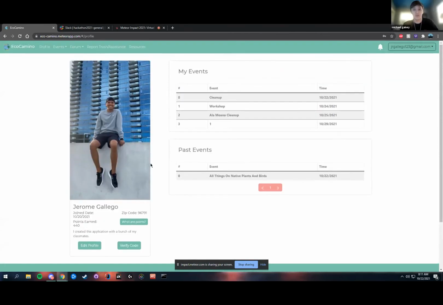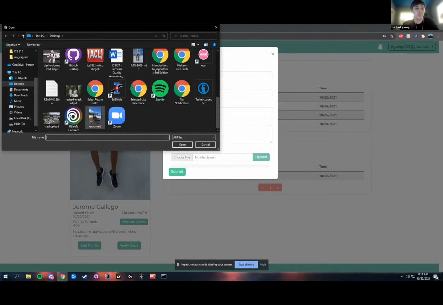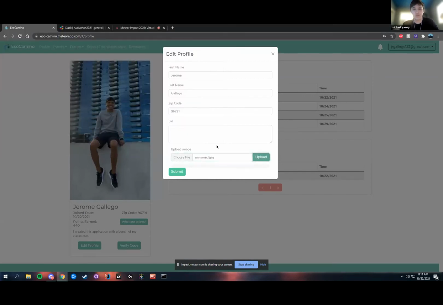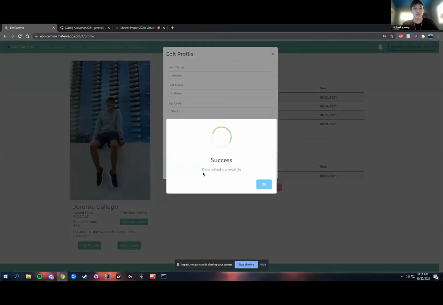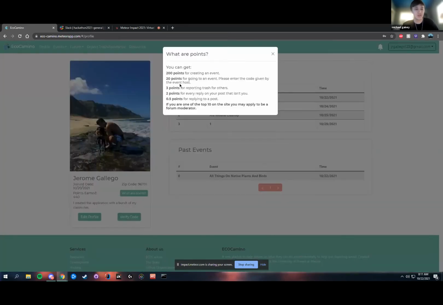So on the profile page, they are able to customize their information. They can also upload a photo. Okay, so when we're talking about points, you can open up the points tab. It shows all the ways that they can earn points throughout the app.